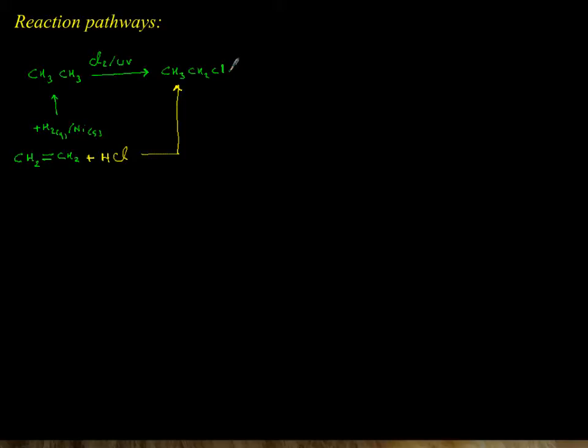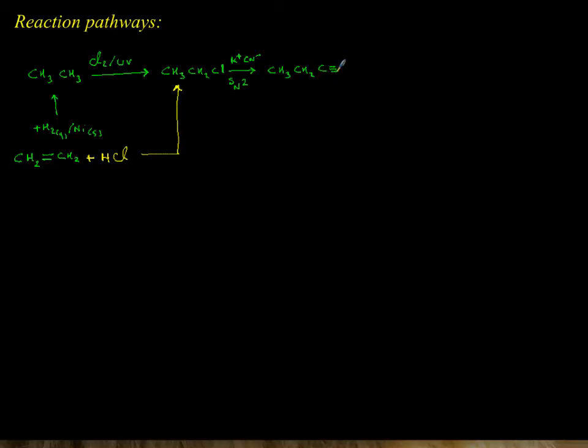Once you have a haloalkane, you have many possibilities. I can go through substitution. I can add, for example, potassium cyanide to it. And this is a substitution nucleophilic bimolecular. Chlorine is going to be substituted with cyanide. So I produce a nitrile,